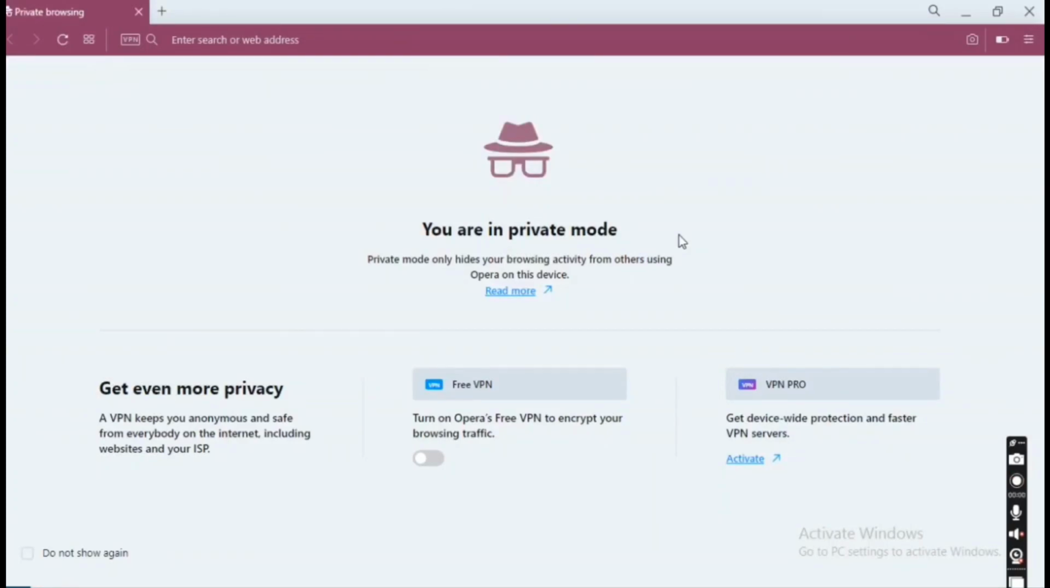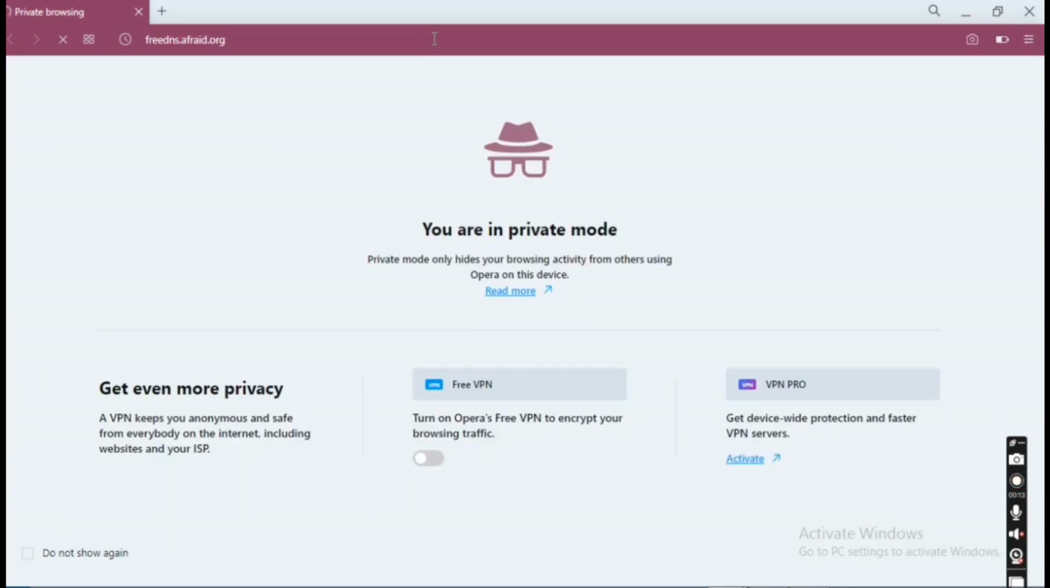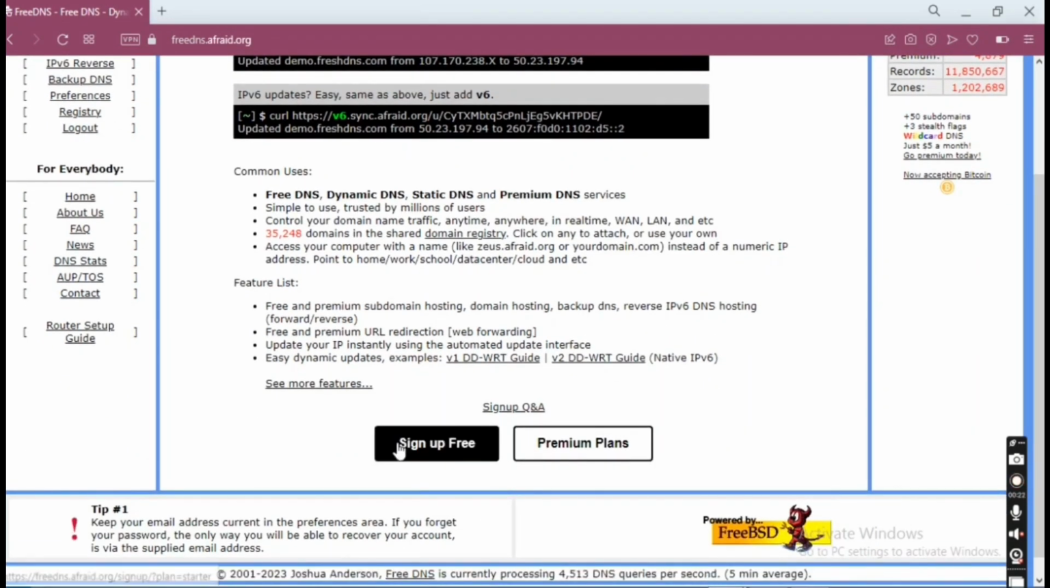Hello guys, so today we're going to be talking about how you can get a free domain on the internet without using your credit card or without using any free trials or whatever. So first of all, you have to go on to freedns.afraid.org. So here is the website, and we're just going to scroll down here and we're going to go